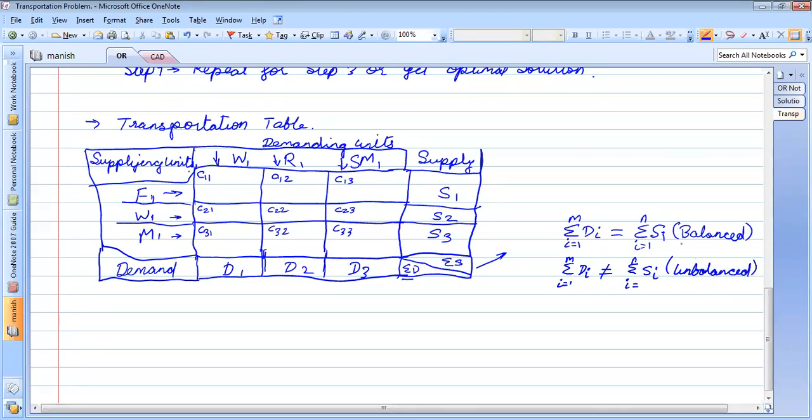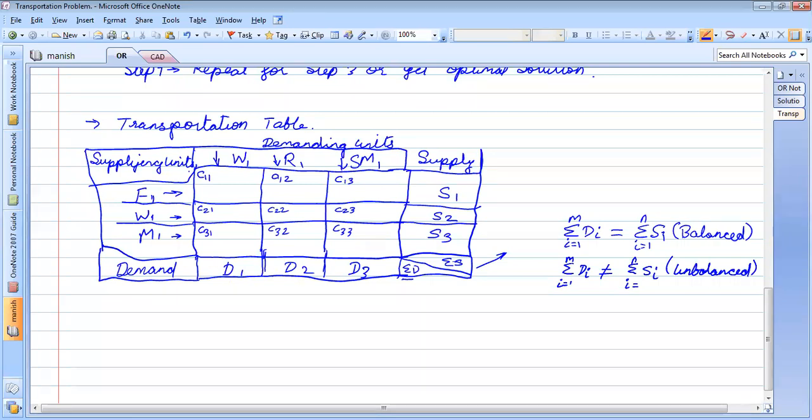Now what to do if a problem is a balanced problem or an unbalanced problem? We'll see it later. Don't worry about it. Check for every problem whether it is balanced or not. Whatever values are there in the last column, add them.